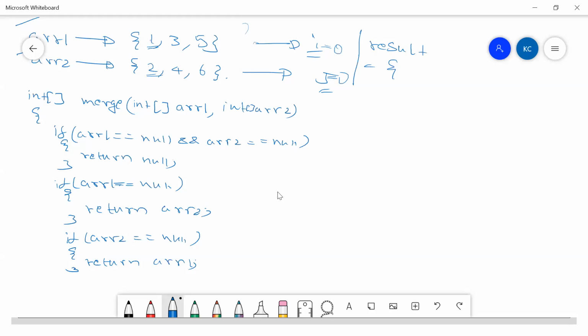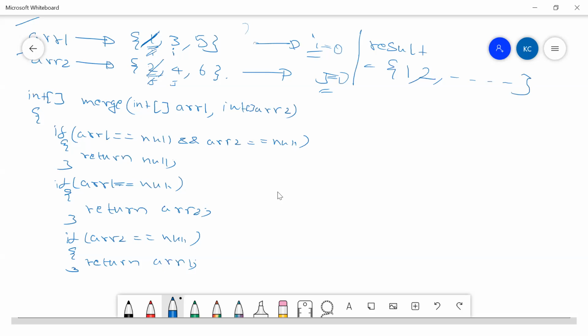If I come to know that 1 is the least among these two, in my result I'll be inserting 1. I'll mark that this is done. Now my I will be pointing to the next element, which is 3, right? Now I'll compare 2 and 3. I came to know that 2 is the least one, so I'll insert 2, mark this, and make sure J is moving forward. So similarly, I'll be inserting everything.